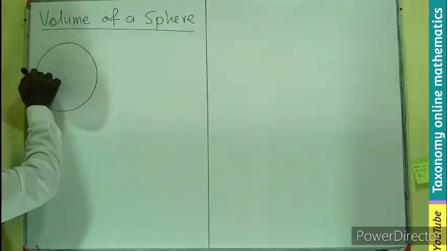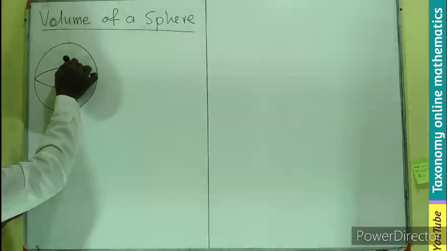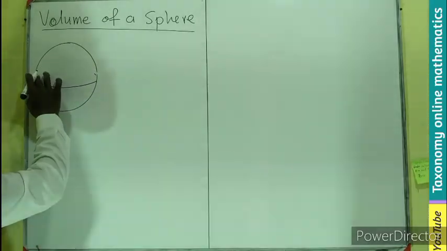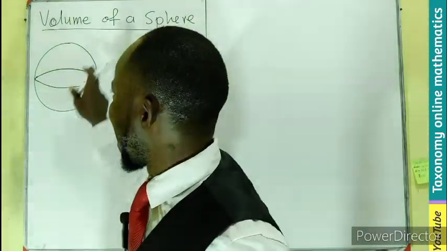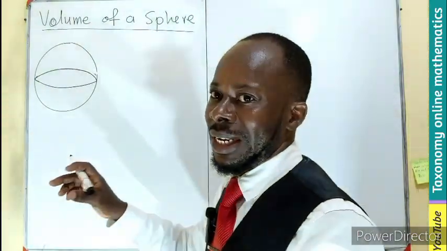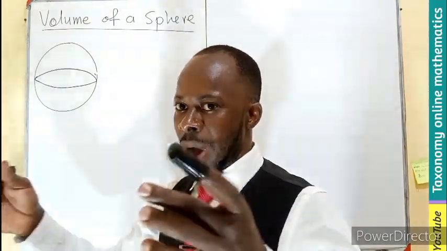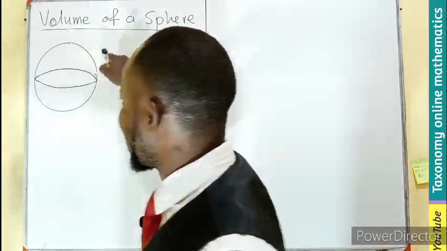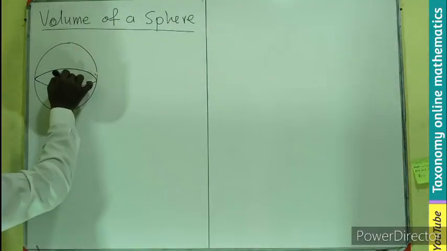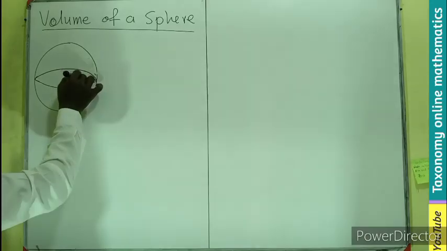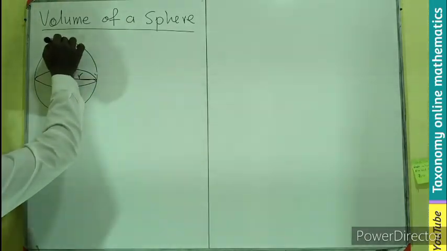If you want to look at a sphere, you should have a mental picture of a football. When you take a football as this circle, there will be an inner thickness from one corner to another. This circle will have a center. So from here, we have a radius. And in the same dimension,